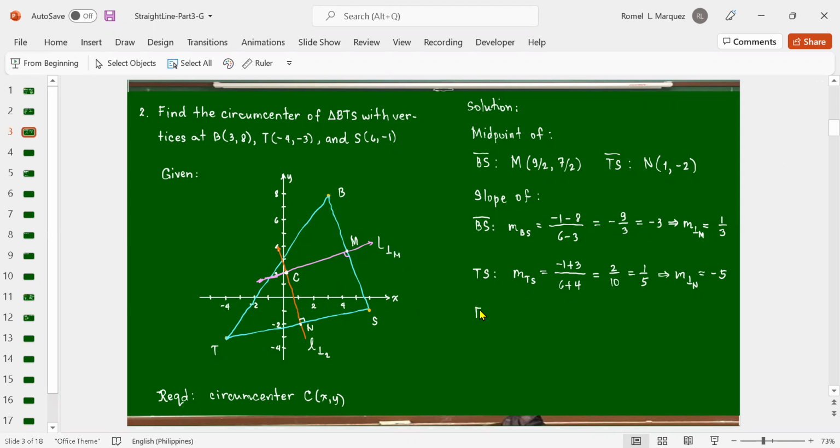So for the equation of the perpendicular bisector, let's start with this L passing through M. So passing through M, and the slope is 1/3. So using point slope form, y minus 7 over 2 is equal to 1/3 times x minus 9 over 2, right? So let's multiply each side by